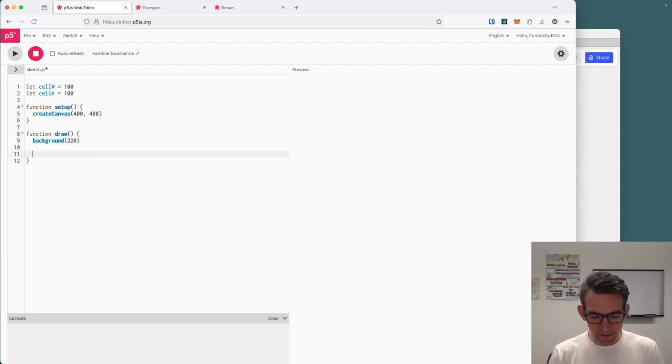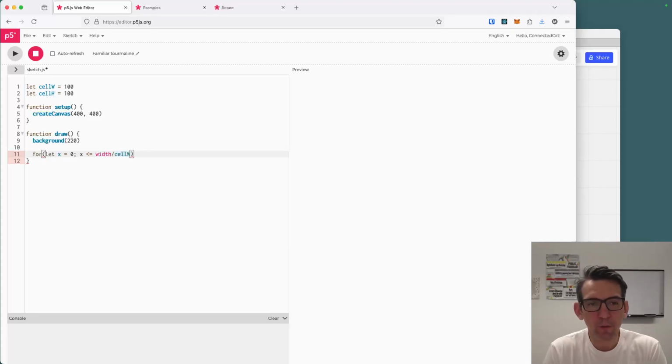So we're going to say for let x, we're going to use x and y. Since this is going to be horizontals and vertical, let x be 0. So we're going to start at 0. And then x is going to go as far as and up to and including width divided by cell width,